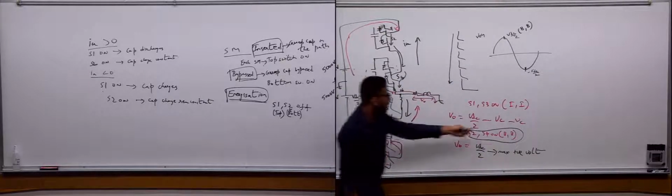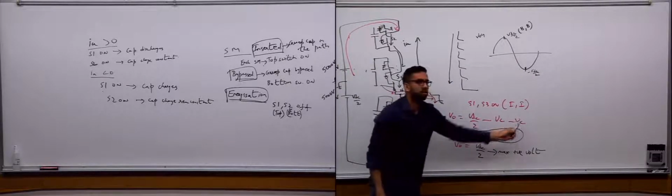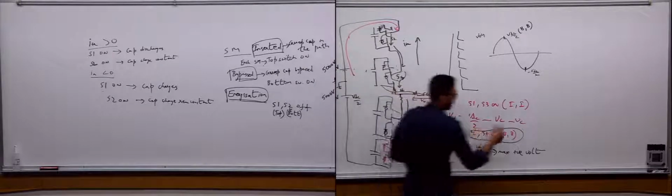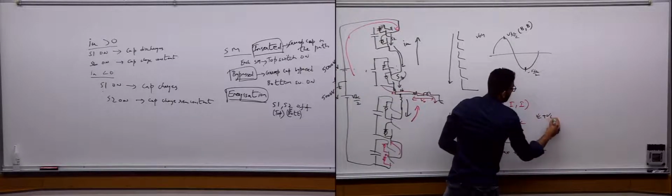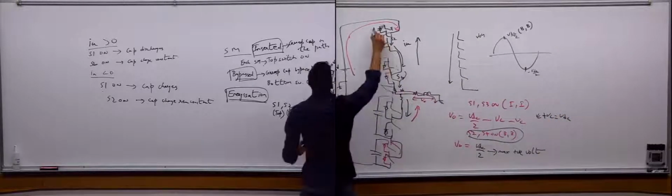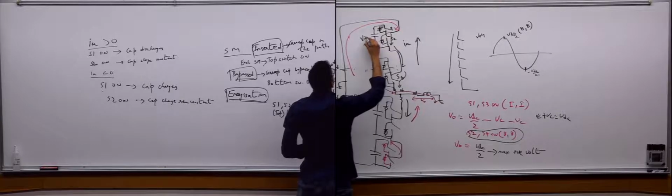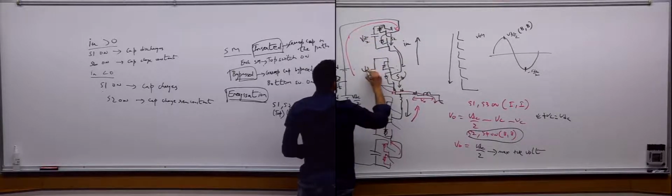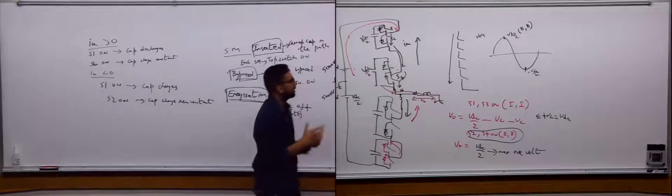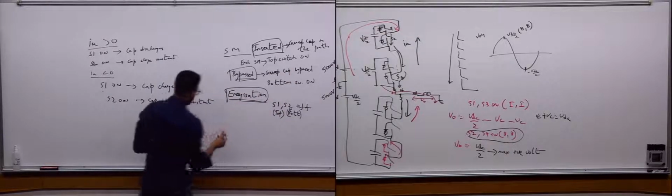So in that case, what do you think the sum of these two voltages will be? Exactly. So VC plus VC should be equal to VDC. So that is why we need the submodules to be rated at VDC over 2, if we have only 2 submodules. So what is the general formula? General formula will be